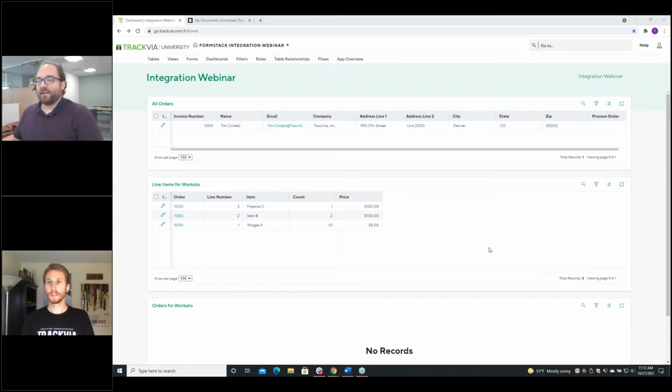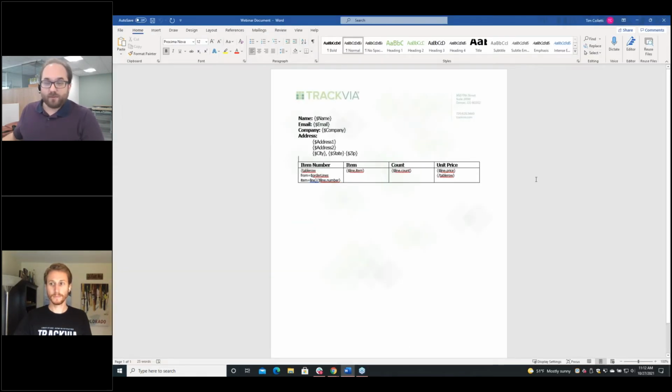All right. So today I'm going to walk you through a really simple version of this. We've compared it down to just the basics so we can get through all the steps. Sky's really the limit. They get more complex from here. So we're just going to run through one that's relatively simple. I've got all the ingredients together. I have a TrackVia app, and I have an account in Formstack, and I have an account in Workato. Both of those are set up. And I also have a document here that I'm going to do the merging with.